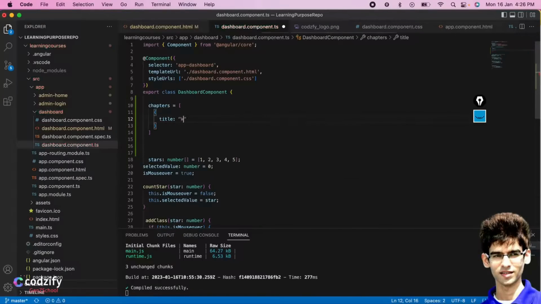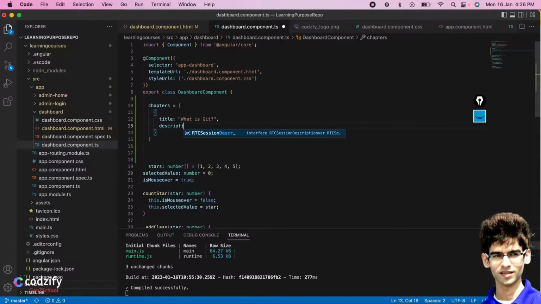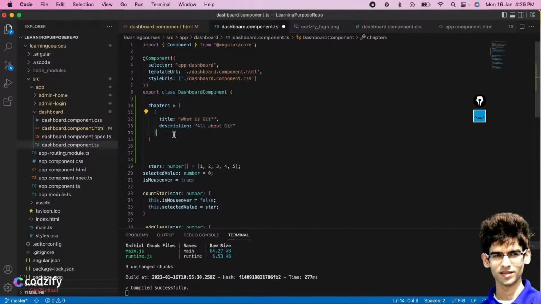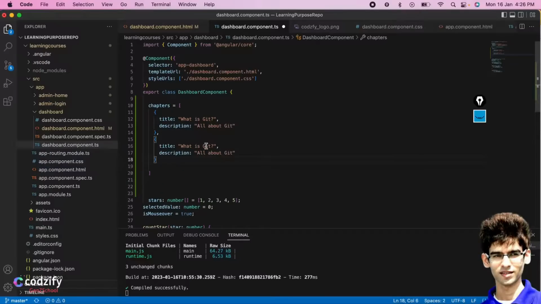Our first title is what is Git, then the description we have to add, and one thumbnail URL. Or let's skip this, add only title and description. What is Angular? All about Angular.